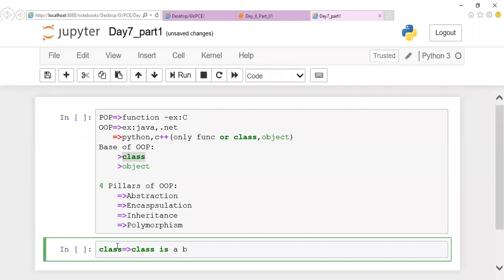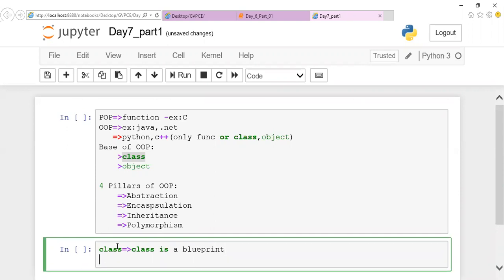Class is a blueprint. So what are the elements I can give in a class? Look at it. I told you class is a blueprint, or I can name it as a skeleton. For example, I can name car as my class, or I can give pen as my class, or laptop as my class. You can notice that I didn't mention any brand of car, pen or laptop.